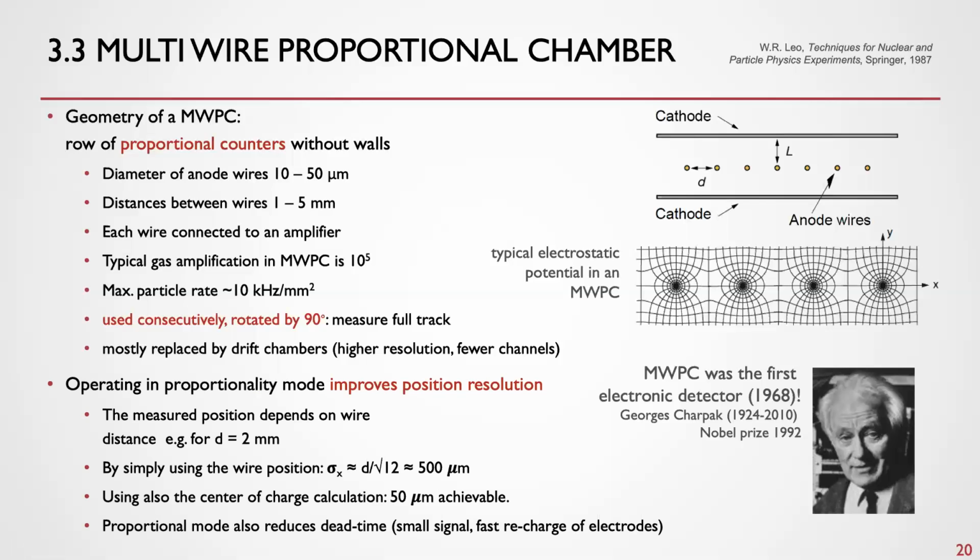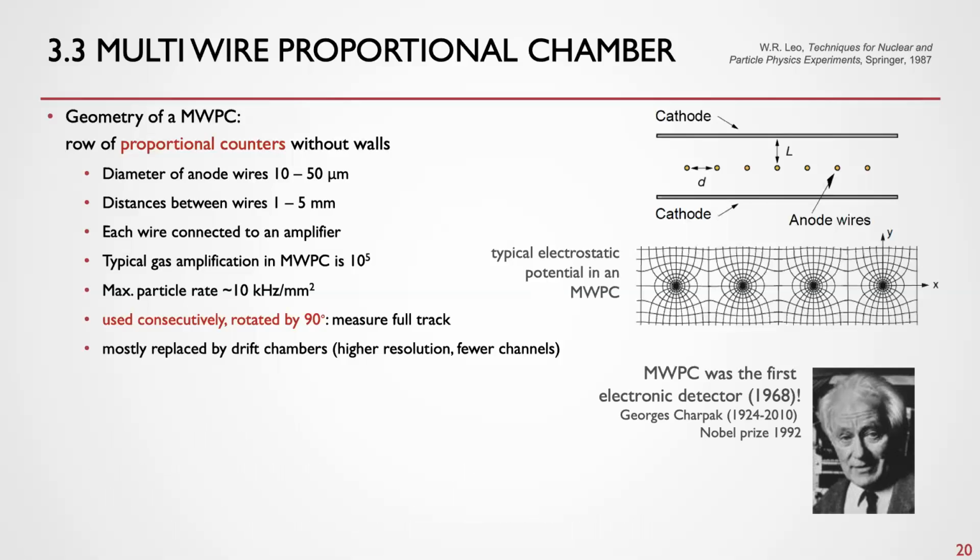Operating these detectors in proportionality mode improves the position resolution. Why is that so? We can do a small calculation. Let's assume